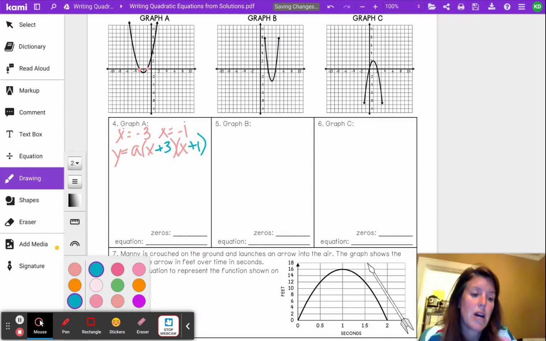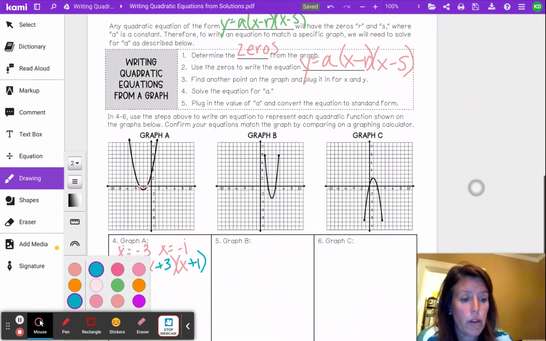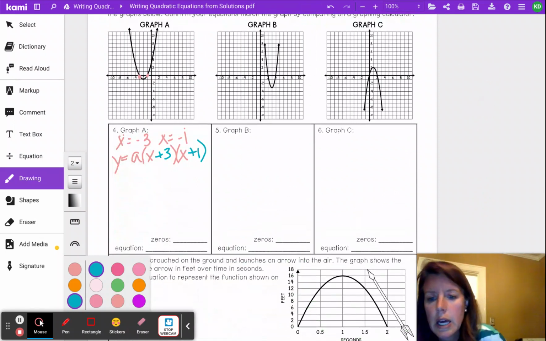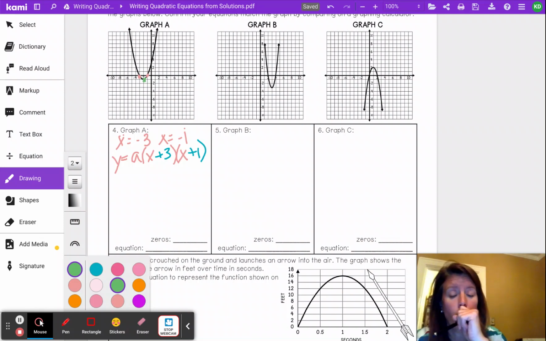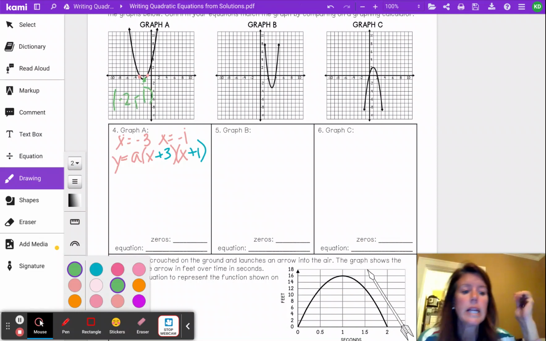Okay. So now our next step says to find that other point on the graph. And remember, I told you to use that vertex, that either minimum or maximum. In this case, the vertex looks like it is -2, -1. Right there. You'll see that. -2, -1. Write that as an ordered pair, maybe off to the side or right here. -2, -1. Now we're going to plug those numbers in for